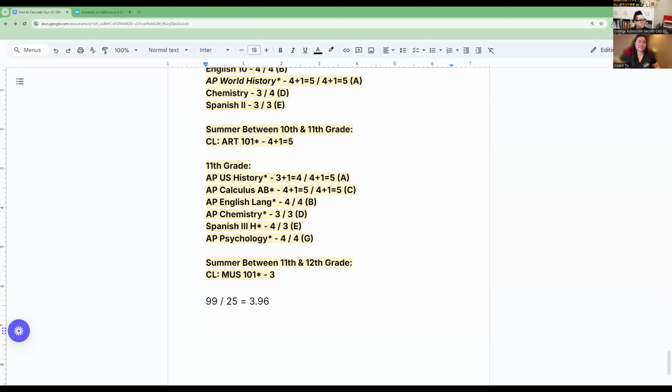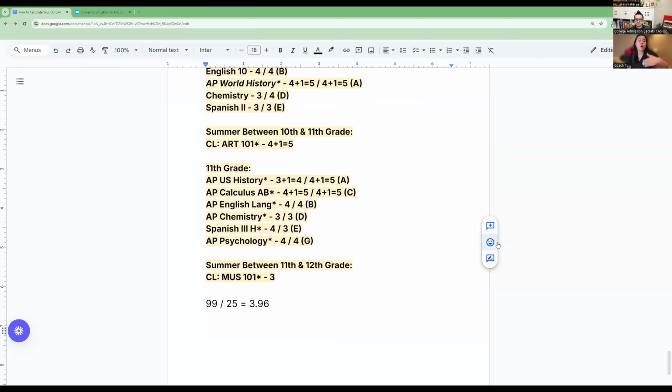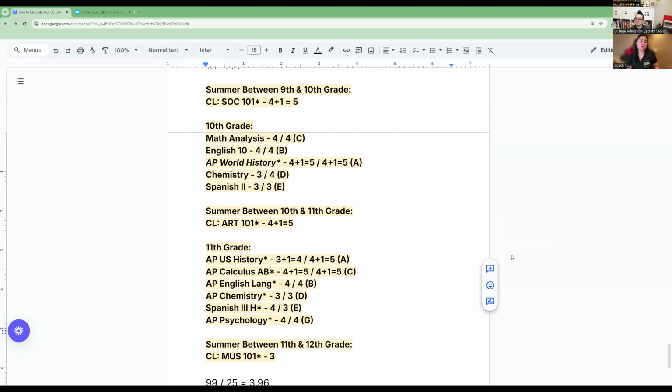The biggest advice is that GPA does not matter at all. All that we care about is, did you take the rigorous course? We can see here that the student has taken a lot of honors, a lot of high level AP, IB, or college level courses to really progress. If we were to have a student that took all regular classes, no rigor at all, and they got the same GPA,